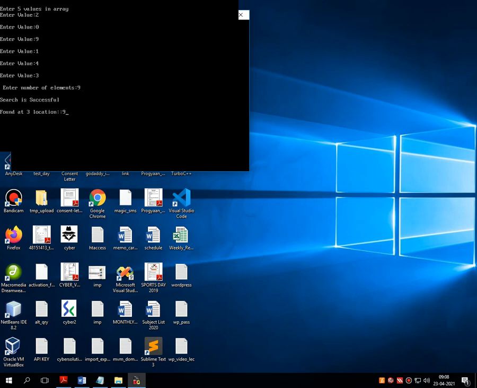Fine, it's working. Search is successful, found at location 3. So let's check whether 9 is on location number 3 or not. 0, 1, 2, it's on location number 2, not on 3. 2 is on location 0, 0 is on location 1, and 9 is on location number 2. What's wrong?